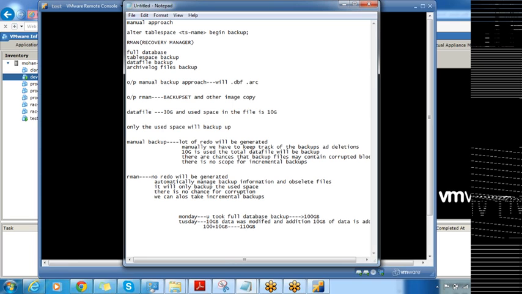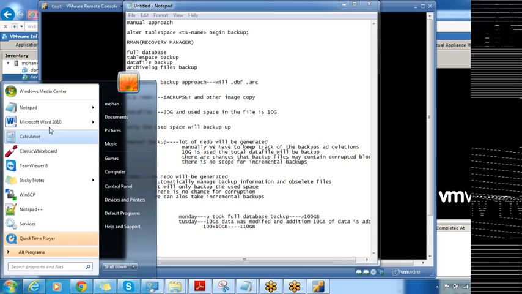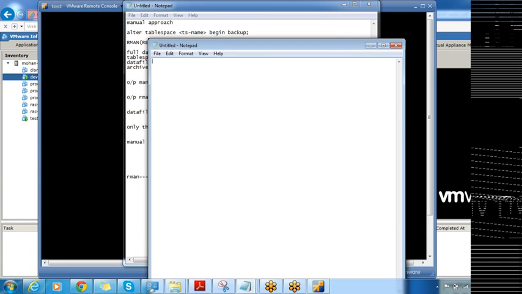Now, RMAN itself is a utility, so it's an executable file. So if you want to invoke RMAN, we'll just type in rman. This will invoke RMAN. In a similar way, if you want to invoke SQL*Plus, we'll just type in sqlplus. Next,